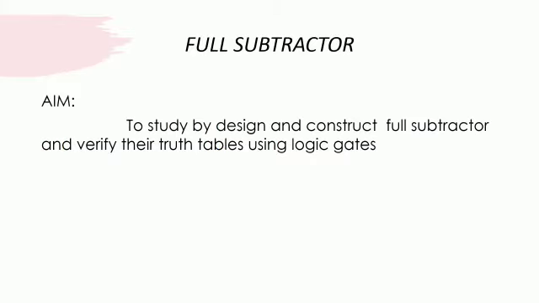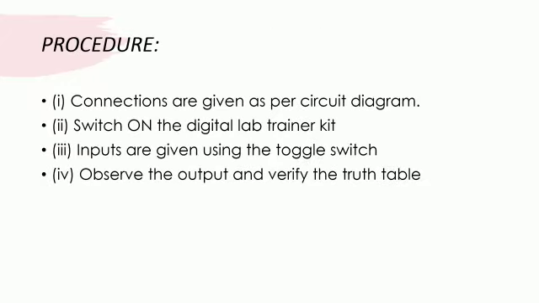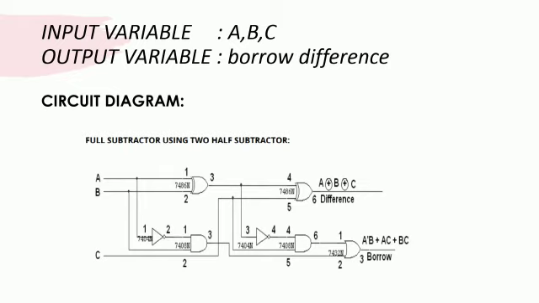So now moving on to the full subtractor, the aim is to study by design and construct the full subtractor and verify the truth tables using logic gates. And the procedure is, connections are given as per the circuit diagram and we have to switch on the digital lab trainer kit, and inputs are given using the toggle switch, and we have to observe the output and verify the truth table. And in this full subtractor, input variables are A, B and C, and output variables are borrow